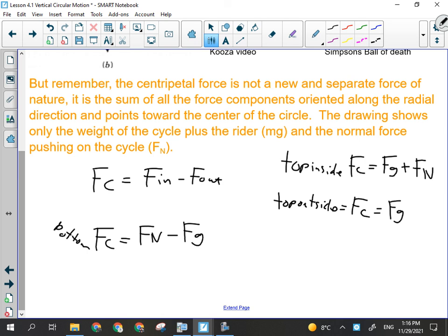This time it's gravity pulling in minus the forces out. Normal force. Okay? If you go fast enough, there is no normal force, and you feel weightless. So if a question ever says it's going so fast that it loses contact with the track or the road, then normal force is now 0, because if you're not in contact with the surface, it can't push